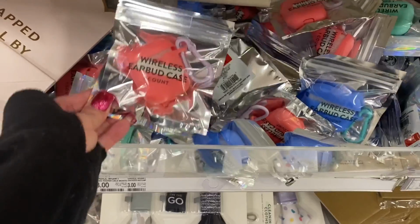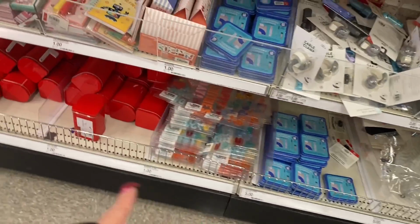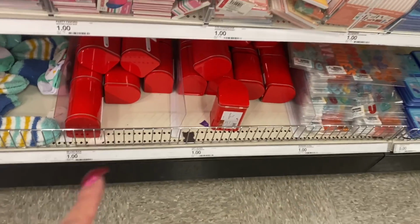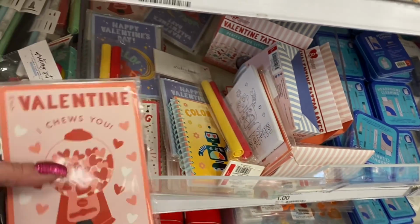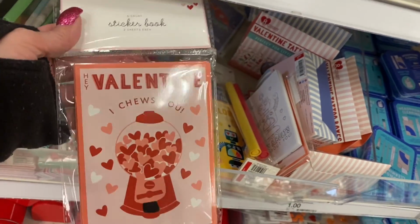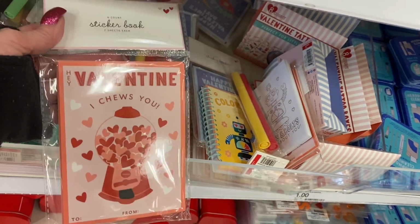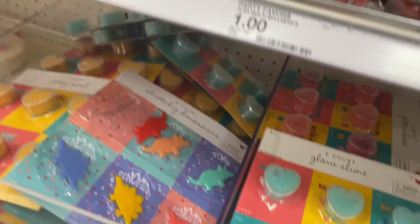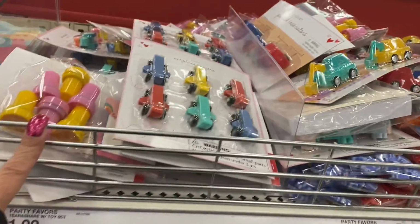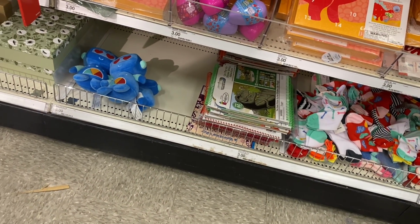Okay, what is this? Wireless earbuds. And some of the audio stuff. Some candy. Some more window clings. Here you have the red tin mailboxes. Those are $1. The Valentine's Day cards. This is a pack of 6-count sticker book for $1. Here's some scented markers. Here's some more slime and some more toys all along the top here for $1. You have some socks, some dinosaur books,